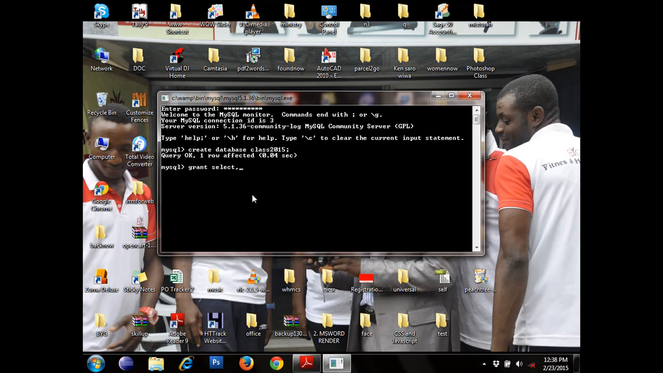What I'm trying to say here is that we want someone, you don't even know the person's name now, to be able to select, to be able to insert information, to be able to update information. Can you see that we are speaking English words? And also to be able to delete information on, do you understand? The name of our database, what is it? Class